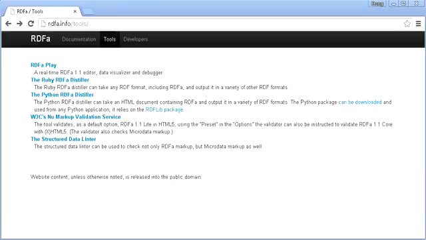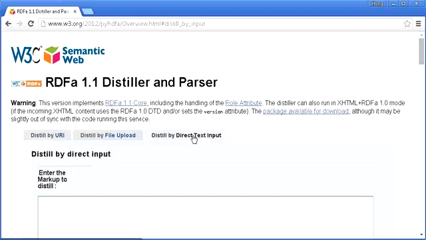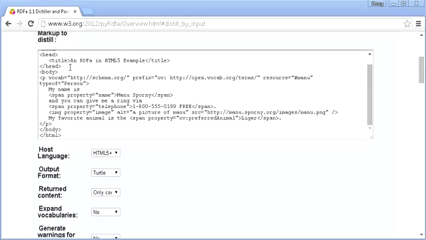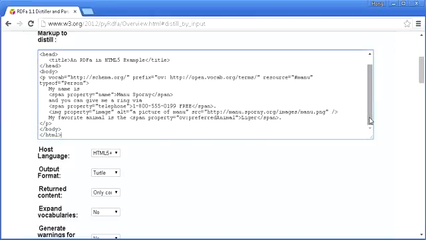PythonRDFaDistiller. What it does is it reads RDF data elements from your HTML document and outputs those RDF triples in a variety of RDF formats. Let's use our example that we already included in the lecture notes. We will input that directly, so I paste the content in here. That's our HTML5, a complete HTML5 file with properties, vocabulary,